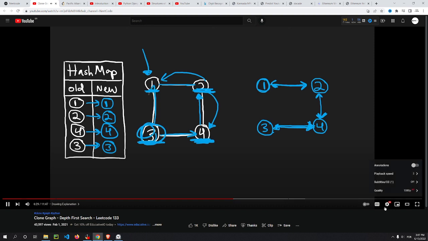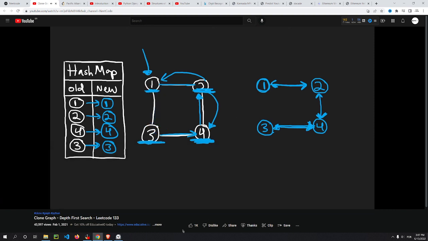And 3 also has another neighbor of 1. So basically what we need to do is make a clone of that one, but we look in our hash map first and we see we